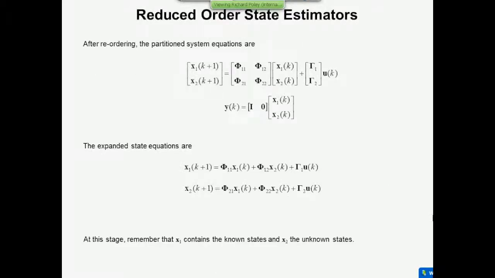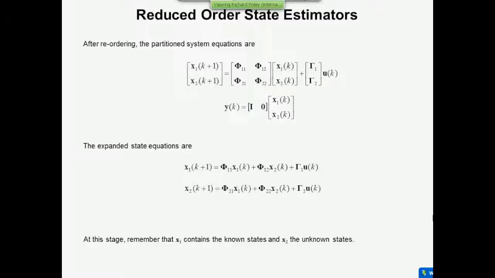So here is the full system equation pair written out in matrix form, in partition matrix form. And so what we'll do is we'll begin by expanding these matrices out. So here are the two state equations. x1 of k plus 1, remember, is measured, and x2 of k plus 1 is not measured. But just concentrate on the system equations for now, because I'm going to tweak these quite a lot.